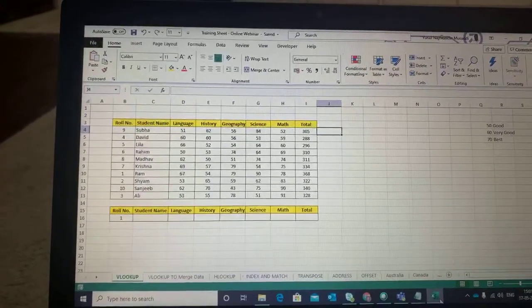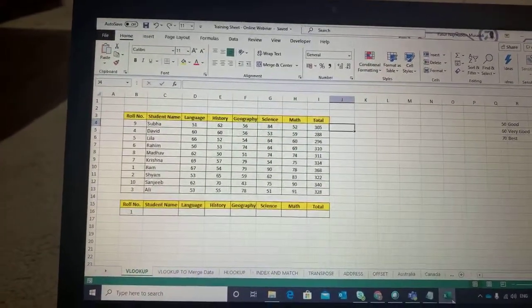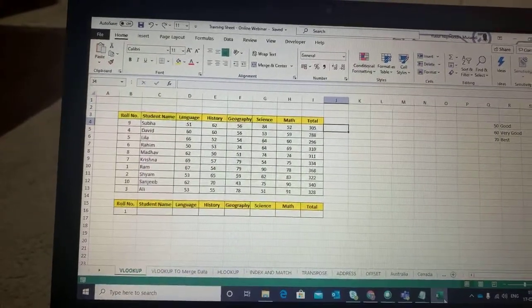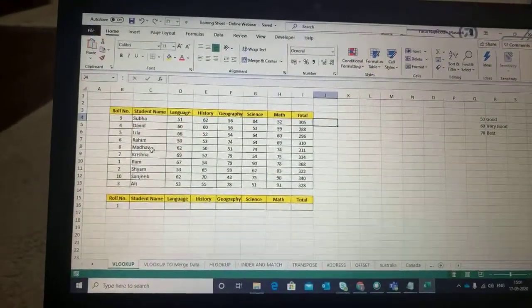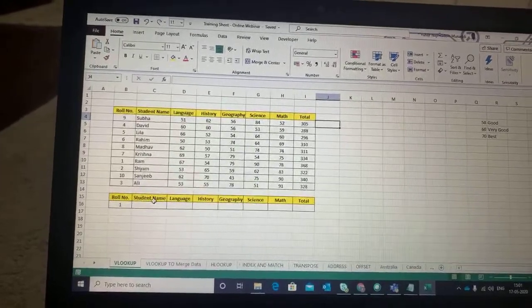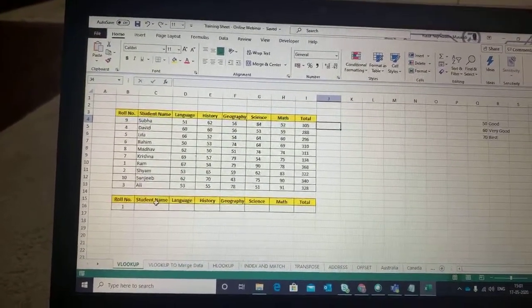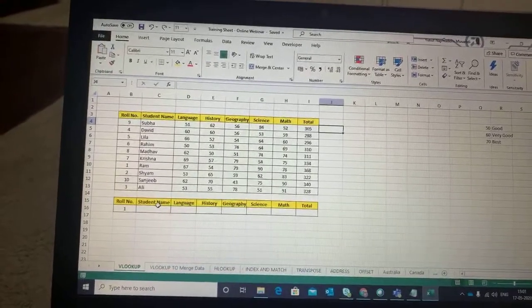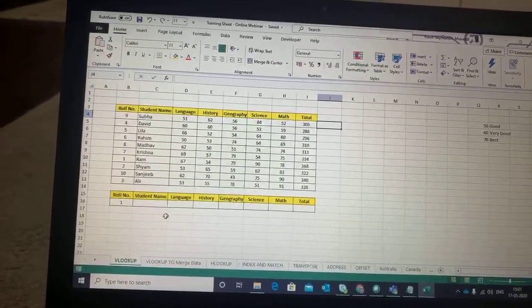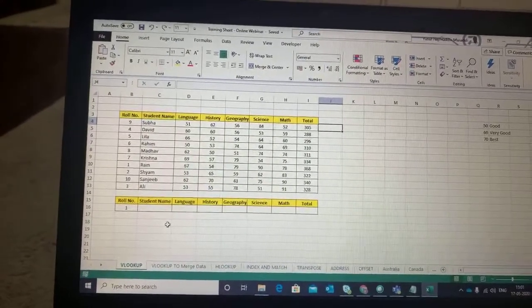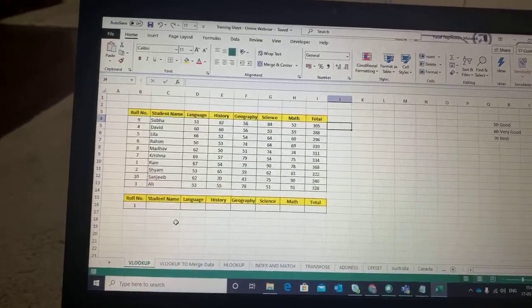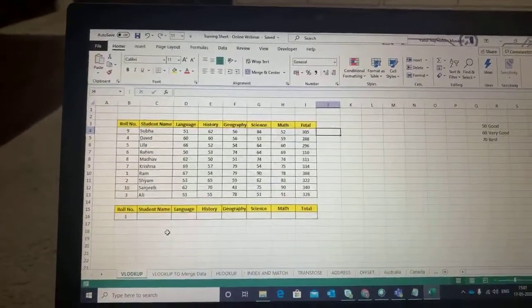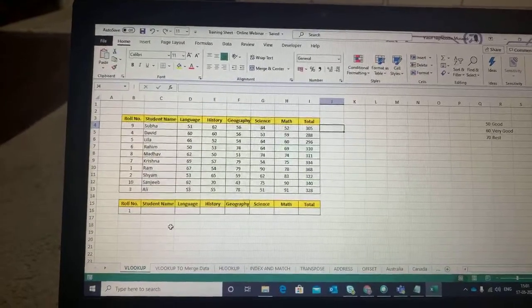Now what happens over here is, let us say, if you can see my screen right now, I have the roll numbers of certain students and they are not in order, they are all randomly located. And from here, using the roll number, maybe I want to fetch the student name. So what I am doing basically is searching on the basis of one column and picking up values from another column. So you search on the basis of, let's say, roll number, and you pick up values from the student name column or from the total column.